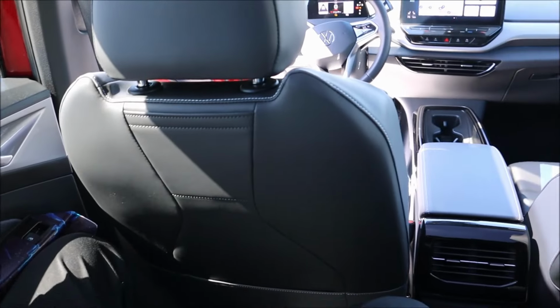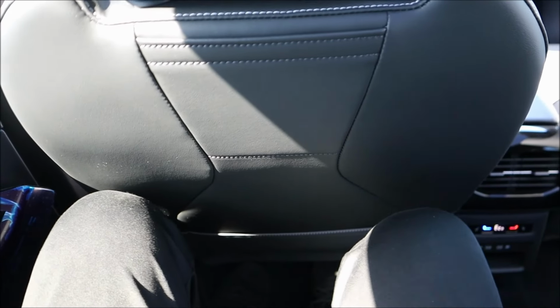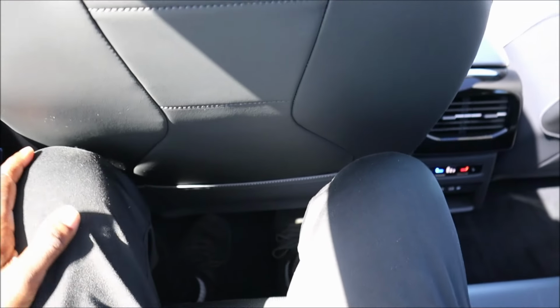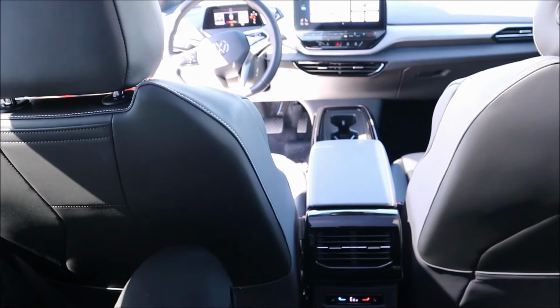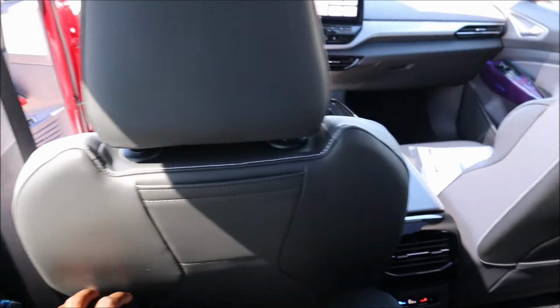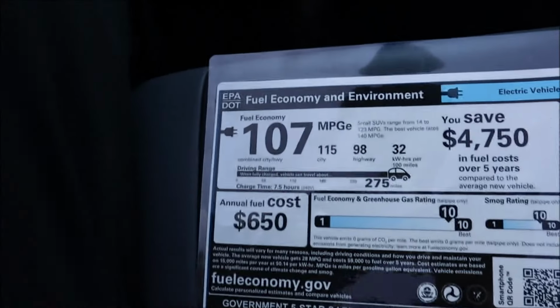We're pretty good back here in the ID.4, plenty of space, and as you guys can see, I am not rubbing the knees on the back of my seats. So that means that I'm doing pretty good here at 6 foot. So I think that this is a perfect kind of setup when it comes to back seat space and comfortability in the ID.4. So before we do the sticker breakdown, I do want to show you guys the MPGe